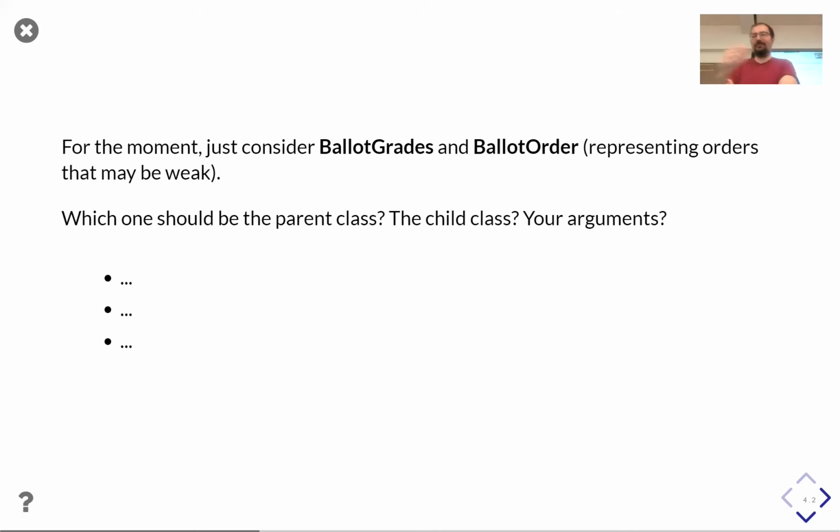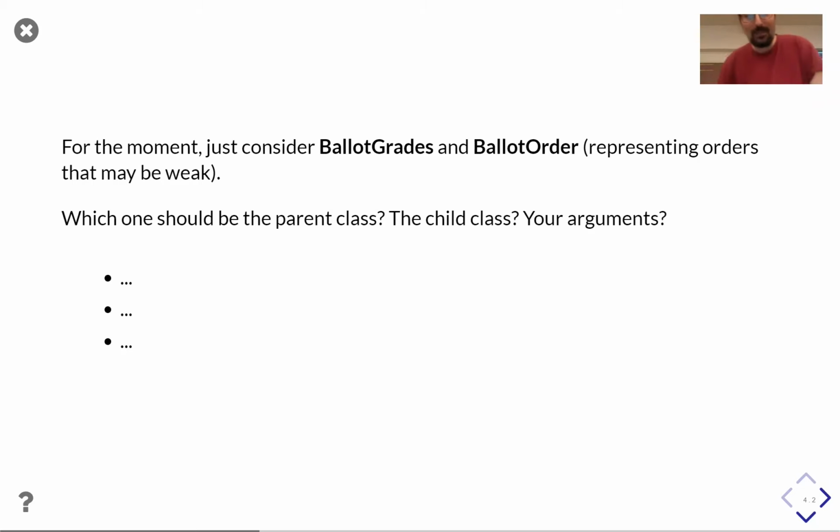So assuming you have these two cases and only these two cases, there is probably a parent class like ballot. But among these two, which should be the child class or the other, or maybe if there is an upper class ballot, I say exactly.